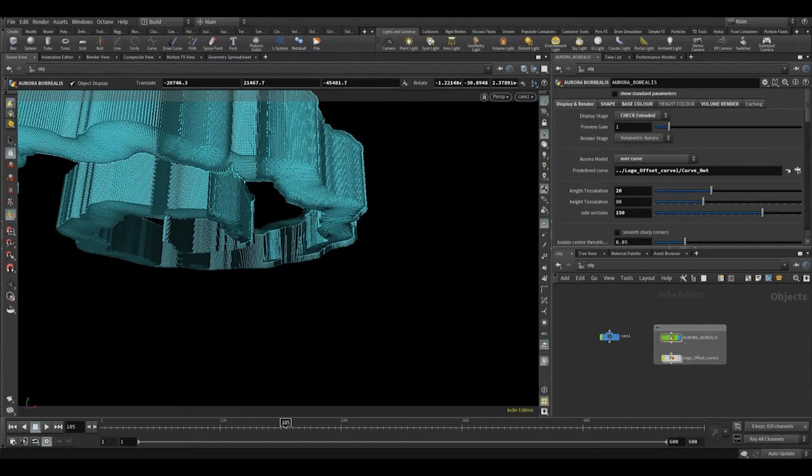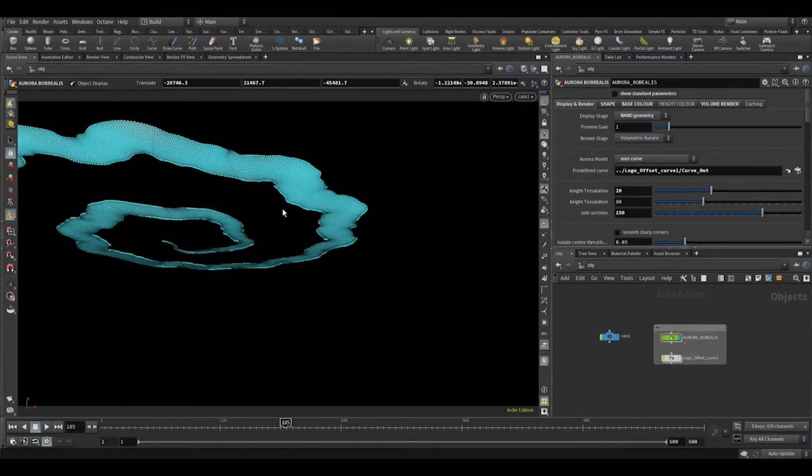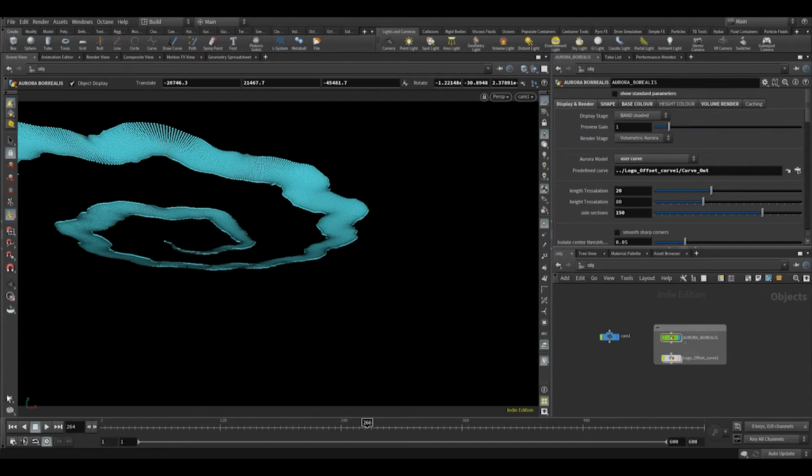So again, the idea behind this is to focus on the different functions first. You create the movement, then you take care of how broad the Aurora is supposed to be, and then you go into the look and you switch between those different stages back and forth, because that way you still have some interactivity. I mean, you can flipbook this, it will take about 2 minutes, and you can really change